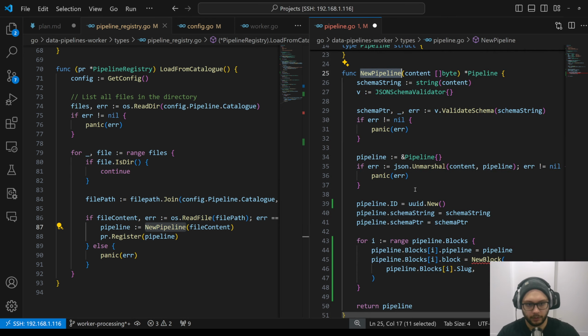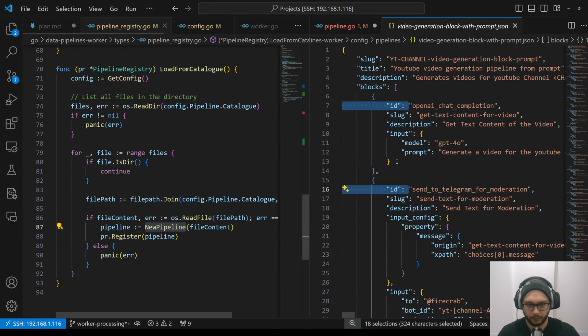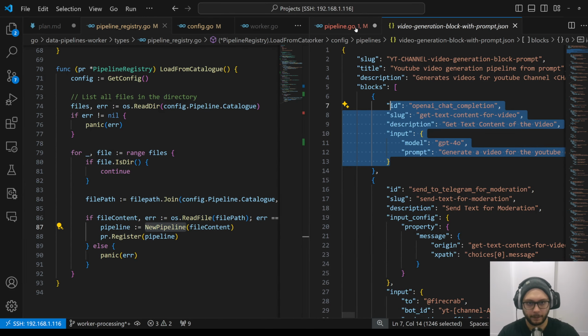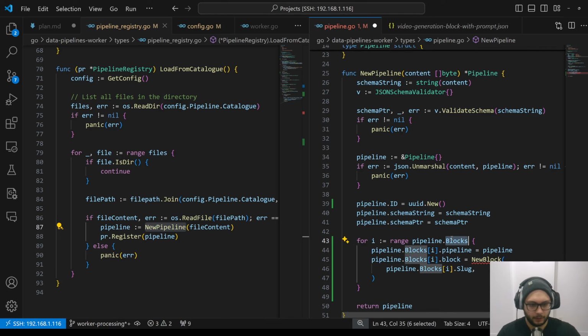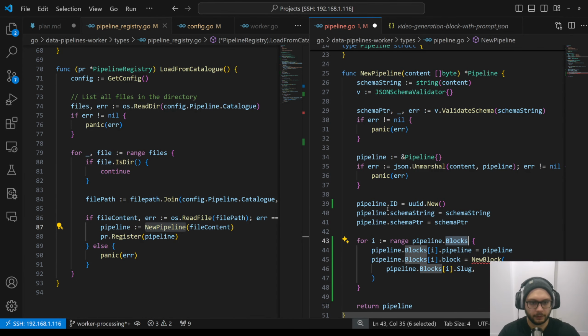So new pipeline is only validating that its own schema is correct. It doesn't validate data. It does not validate this data. It's blocks, block data. Yes, it does not validate it,